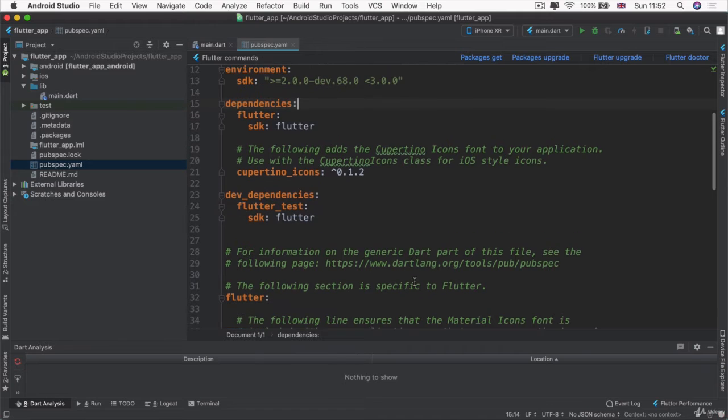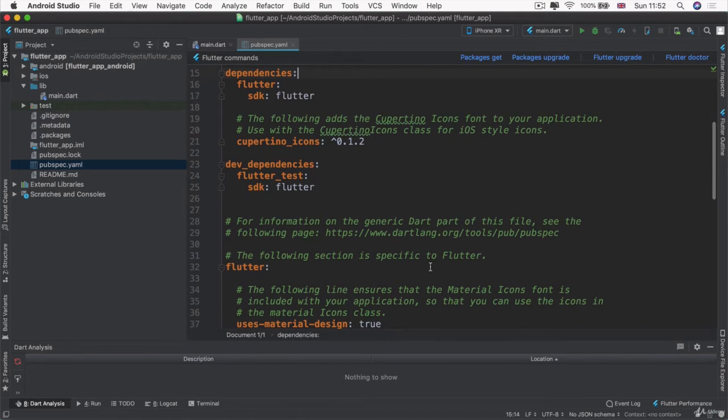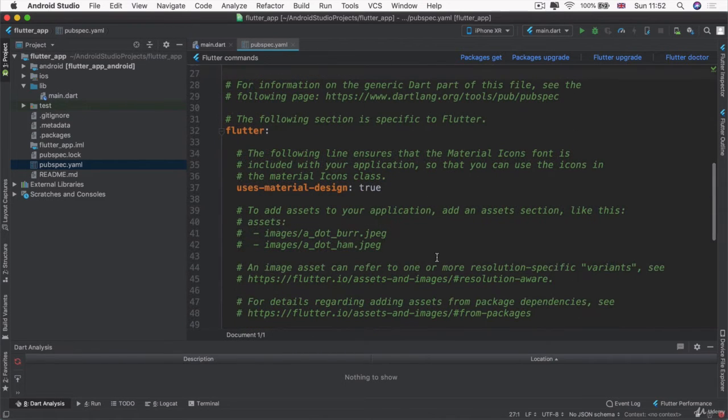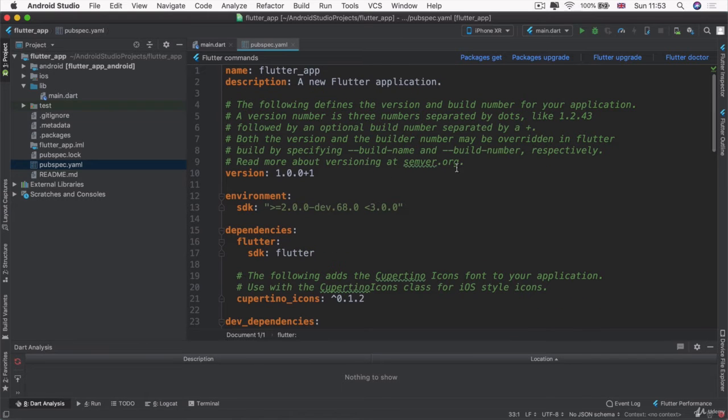It helps us configure our Flutter apps. And here you'll be adding things such as third-party libraries or other packages, and you'll be setting up your assets folder, etc. So we're going to be diving deep into our configuration in the coming lessons. But for now, just know that this is where it resides and this is where we'll find it when we